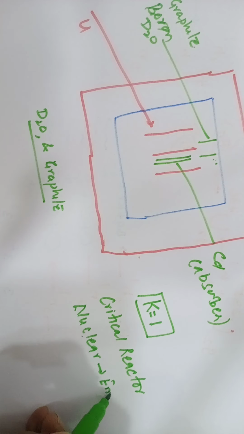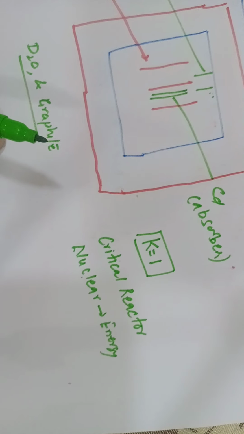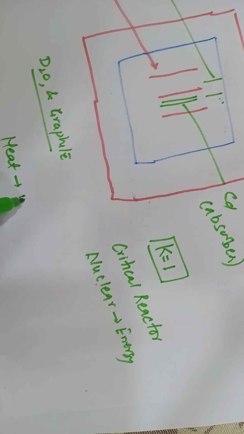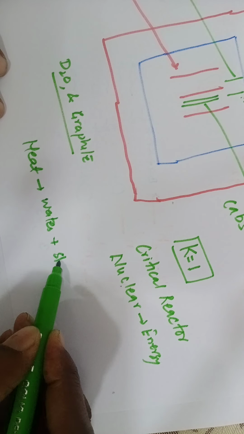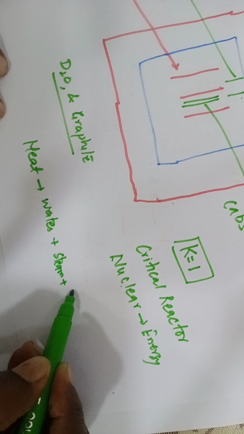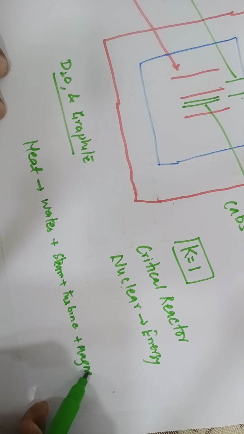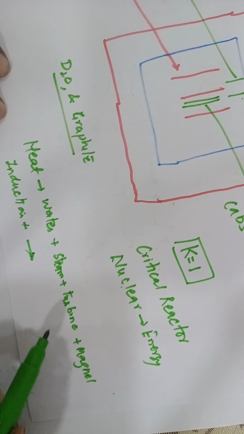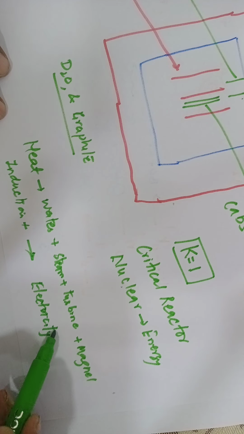So what happens is that the energy produced here, a bomb reaction also takes place here, and after that, the heat that develops is transferred to the water. The water gets boiled, steam is formed, and due to that steam the turbine is rotated inside the magnet, and induction takes place, and due to that the heat energy, electricity is generated. This is the process in a nuclear reactor, how the energy is generated.